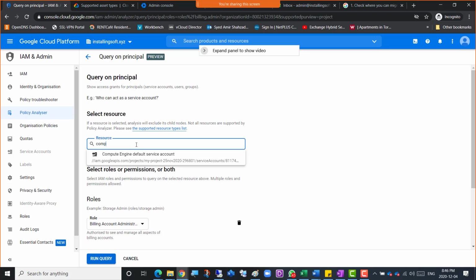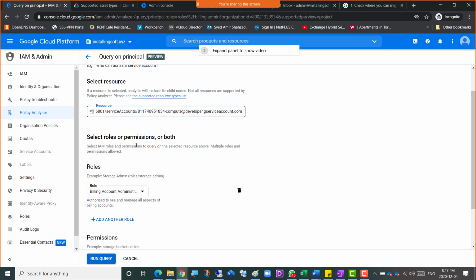So I just type comp and it says that okay, yes, we know a resource by this name. And if I go for app, as it says, some of the resources it cannot really run the query for. So if I go for comp, again it shows that, so I'll just select that, and it gives a long resource